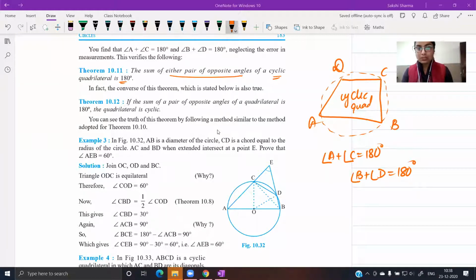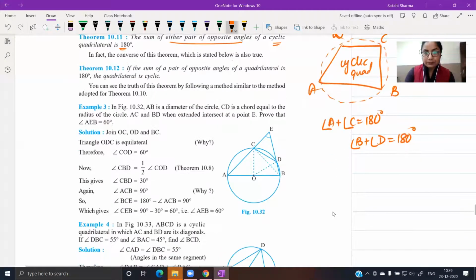Anyone with any questions at this point before we start with the cyclic quadrilateral? Ma'am, can you please explain this theorem again? Yes, ma'am. If you have a quadrilateral whose vertices lie on the circumference of a circle, let's just take